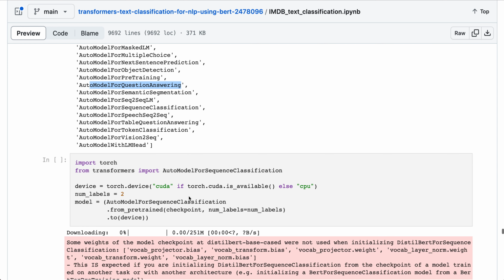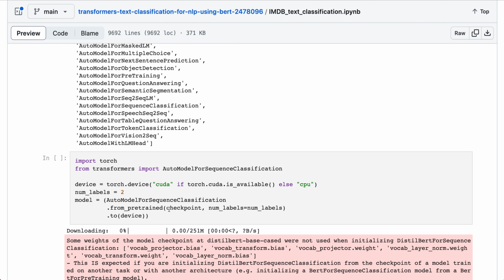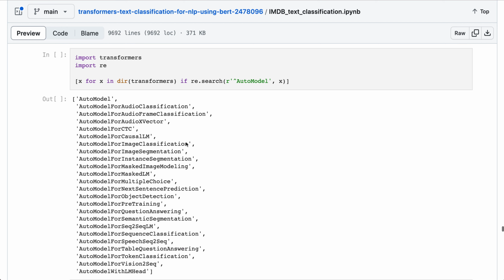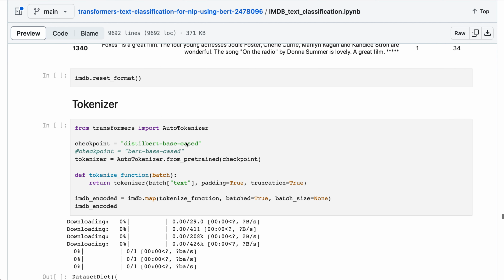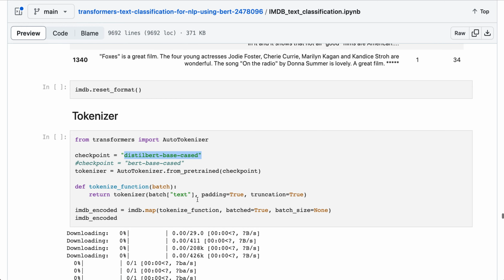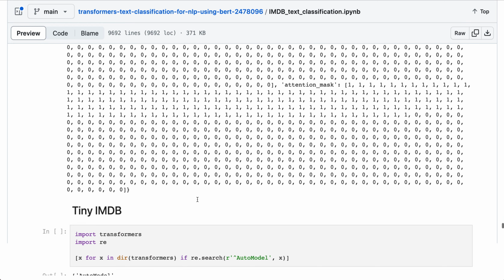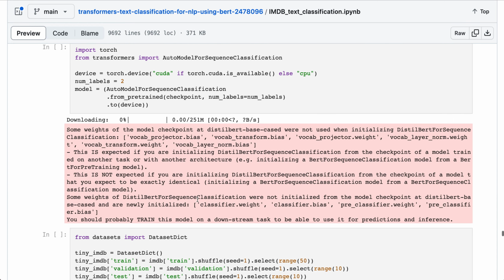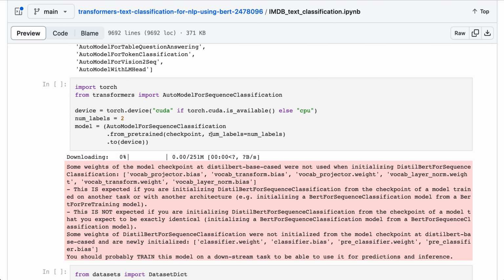So here it is trying to do fine-tuning by initializing this auto model for sequence classification, and defining the checkpoint, which he has already listed up here as the distilled version of the BERT. And did a good job of showing us how to actually train that, specifying a number of labels,